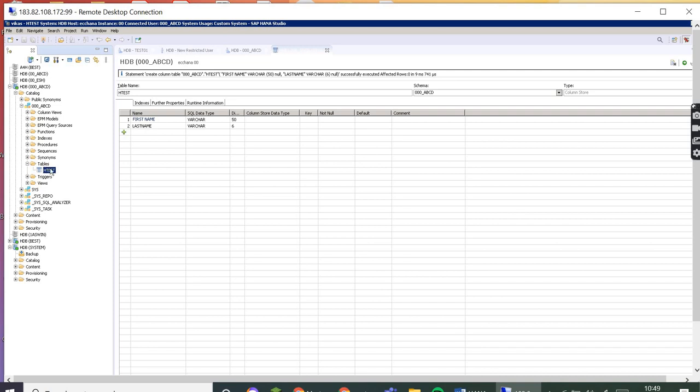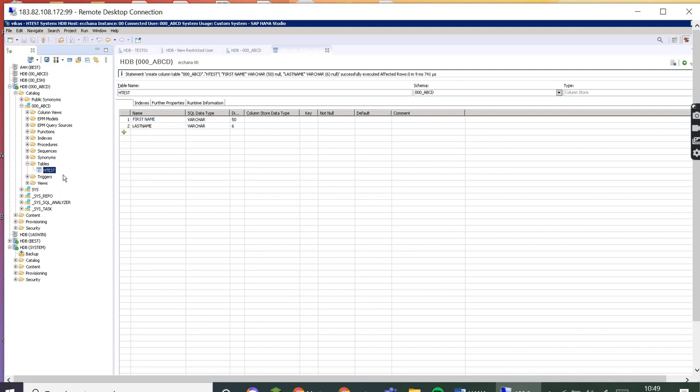But the important aspect is that design time objects can always be transported. A table created with the help of the menu cannot be transported to any other system, but design time objects can. We can also transfer the ownership of a design time object to another user, even if the original user is no longer there. We'll see how to do this.